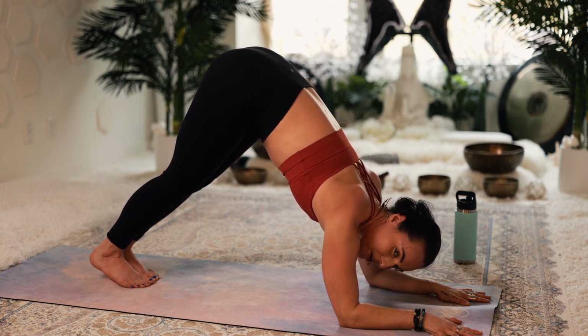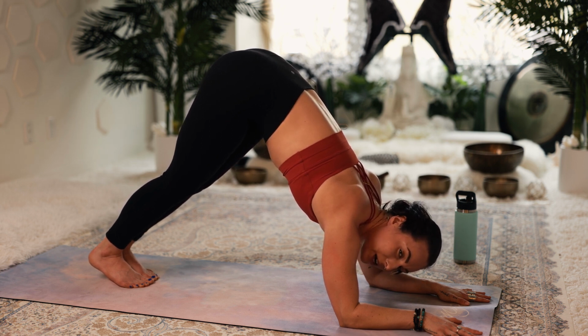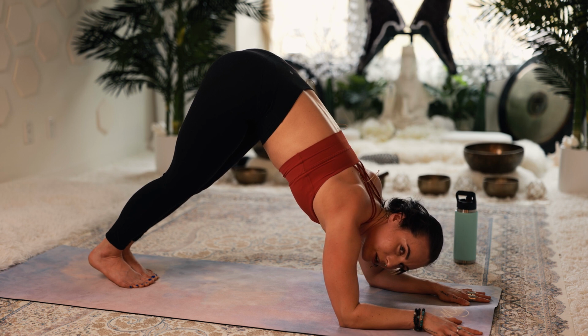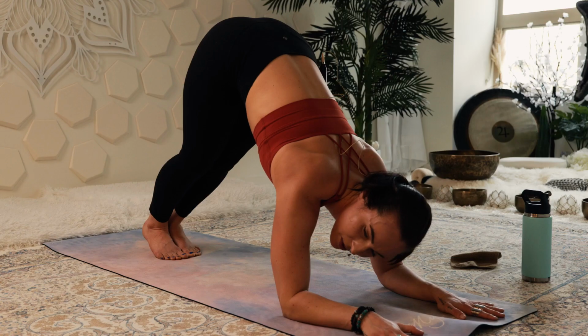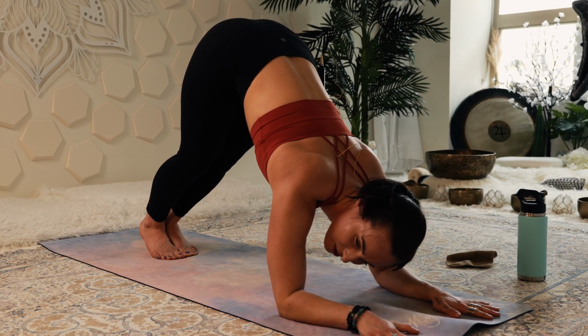So this is prep for our forearm stands. We won't do it today in practice, but if you want to right now, and you're like, superhero, I'm giving you time to play with that. Otherwise, for people just starting out, I just want you to hold here for a few more breaths. But what I do want you to try, you can either walk back to your forearm plank or do something